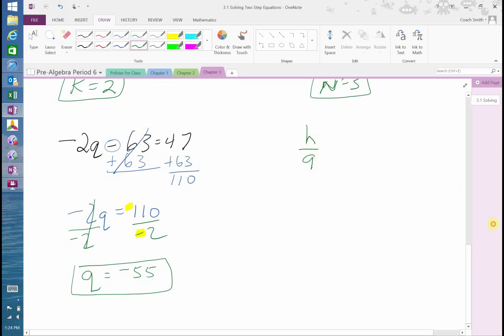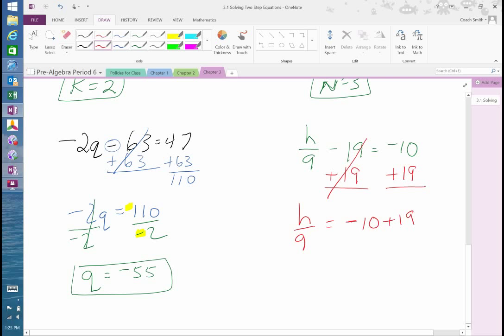h over 9 minus 19 equals negative 10. All right. So, first things first, got to do the addition or subtraction to solve. So we've got to add 19 to both sides. This one cancels. So I have h over 9 equals, this is where some of you might make the mistake,